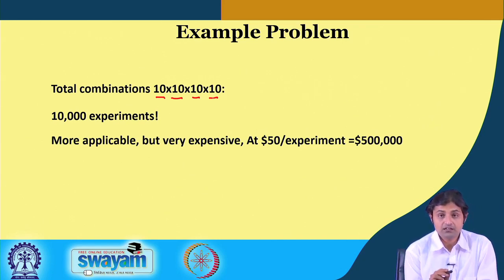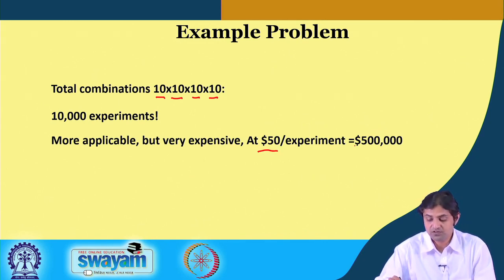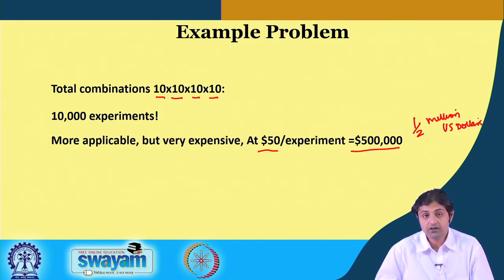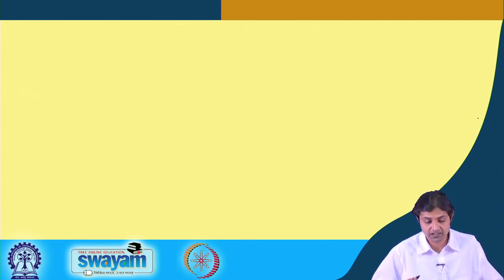And one of the other reasons is experiments are expensive, very expensive. So, each of the experiments will have a cost implication. In the US, one experiment typically, let us say in this case, costs $50 per experiment. So, for 10,000 experiments we need at least $500,000 US. But we have done more experiments, right, and therefore, the results that we have got would be more widely applicable, because there are more data sets.